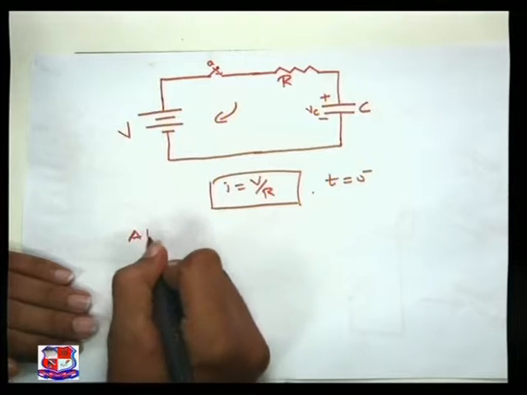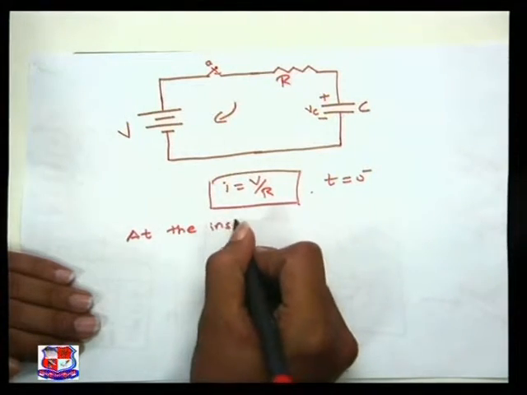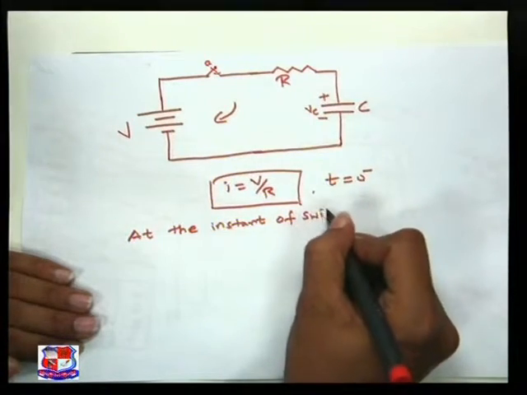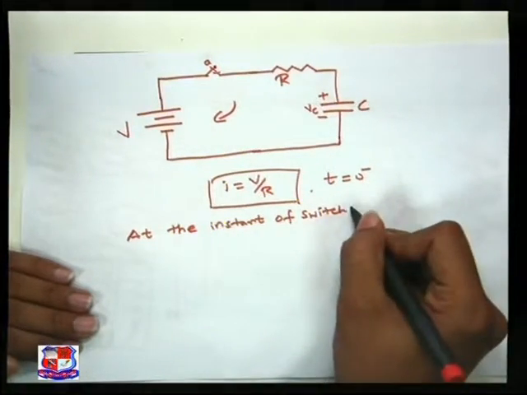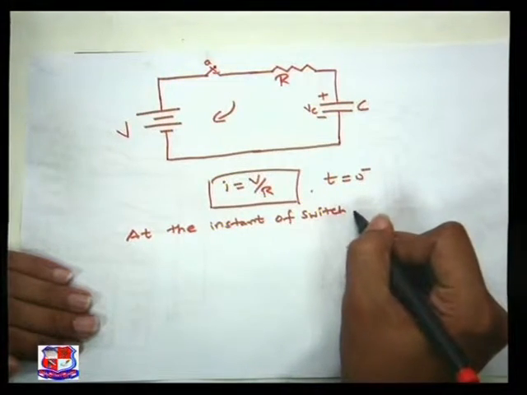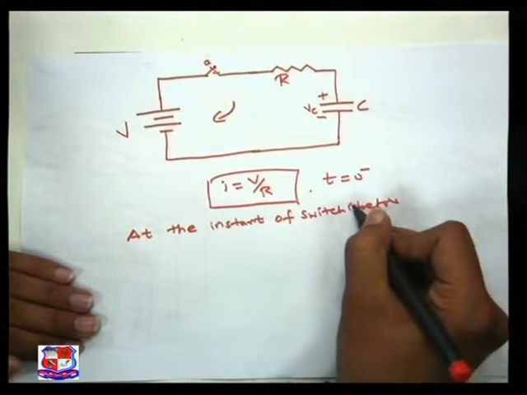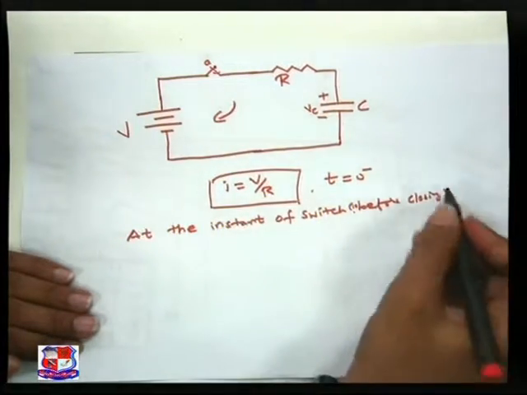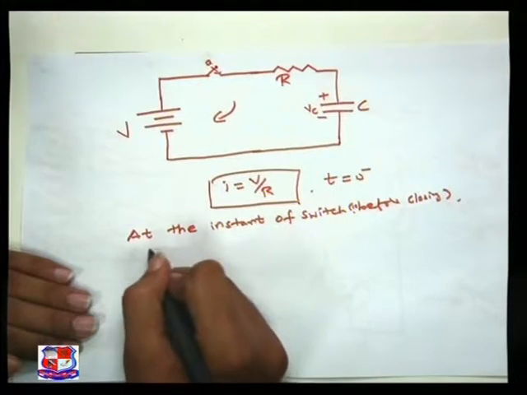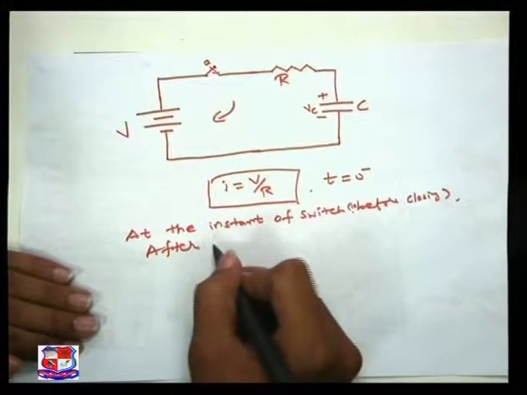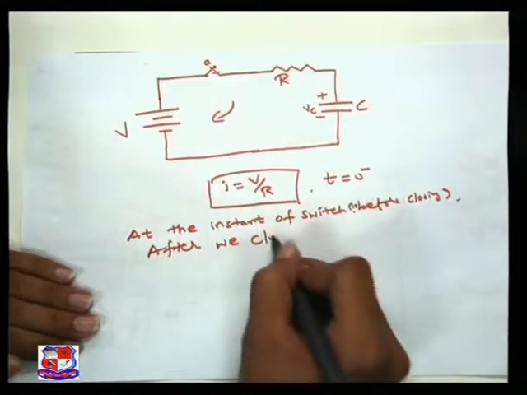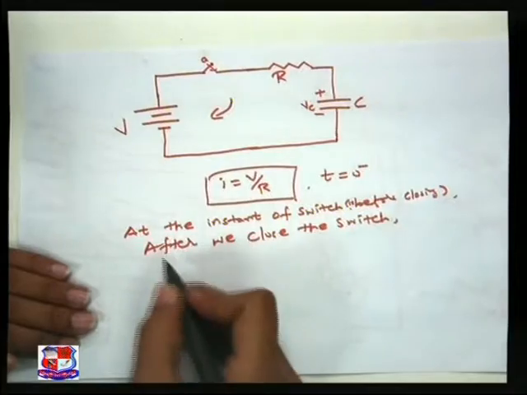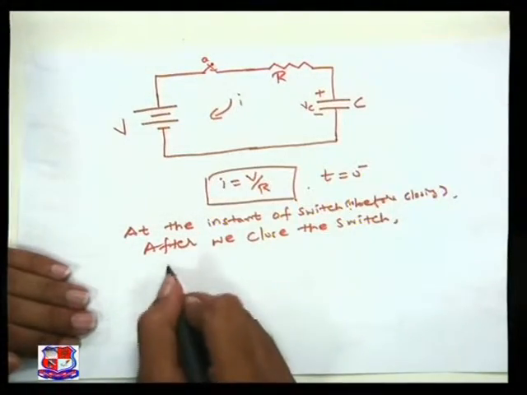So at the instant of the switch, that is before closing, this is the current. Now after we close the switch, right, we are writing I is the